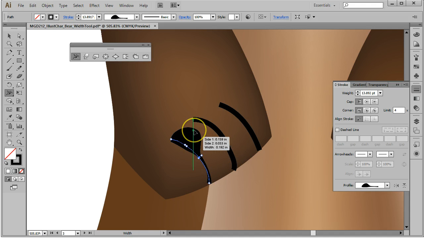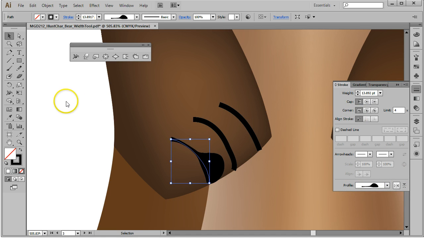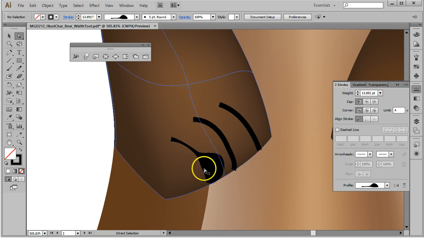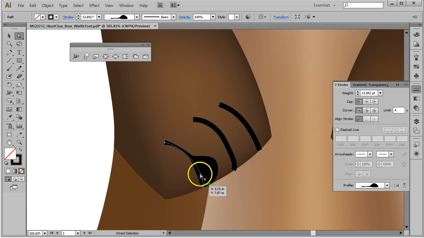So if I want something that's got, I'm going to use my width profile here. I really kind of like that line. It has a cool sort of finger look to me. So what I'm going to do is take that line, and I'm going to go to my profile in my stroke dialog box, and I'm going to reverse it. And so it'll flip it along that line, and now I have this sort of fingery claw looking stroke on my bear. I can move the line. I can still edit this line